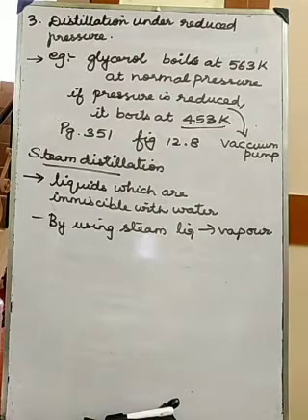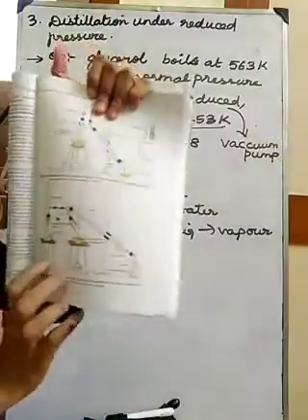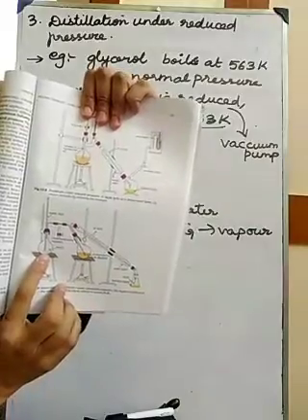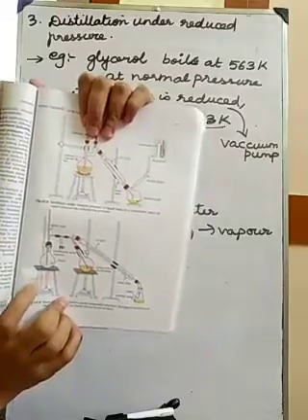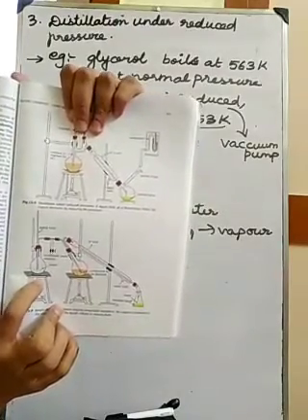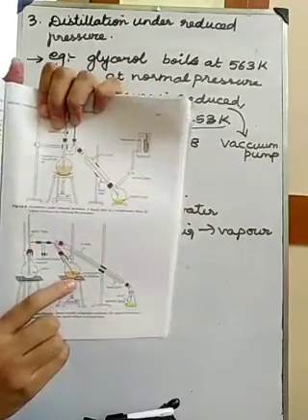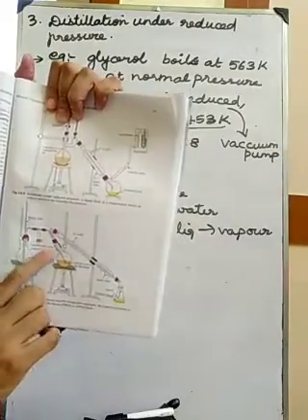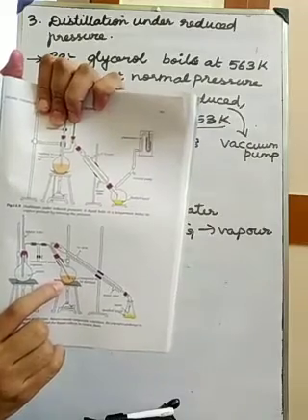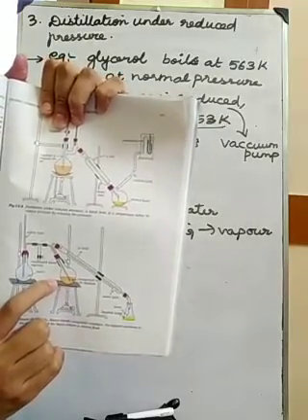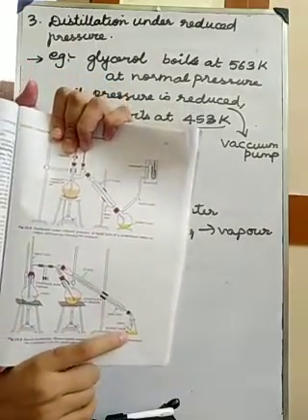As you can see the diagram in the book, the same page, the second diagram. Okay, so here you have one beaker. Yes or no? In this beaker, you will be having water. You will heat the water, it will change into steam. This steam will go to the liquid which has to be purified. So this steam will go and heat this liquid. Again this liquid, because of the heat of the steam, will change into vapor, and that vapor will pass through the condenser and then it will get purified.